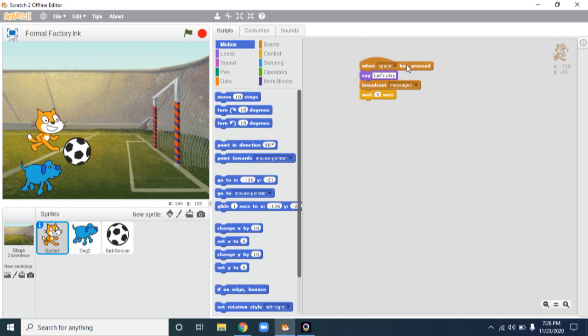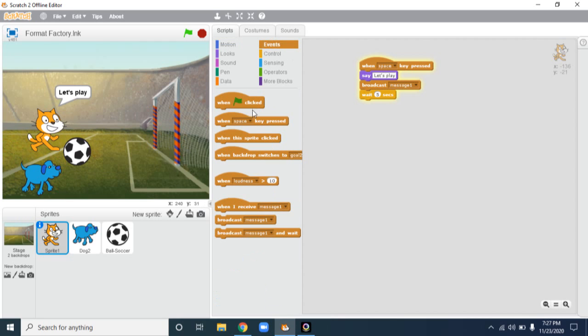cat. So what I am going to do means, when a space key is pressed, see from the color itself you can understand where you have to pick a particular block. So here this is events. This block is under events. If you click on events, you can see when space key pressed. So say let's play. Tom should say let's play, and it will broadcast this message to Ram. Ram a dog. So broadcast means it sends this message to dog, and it waits for 5 seconds for the